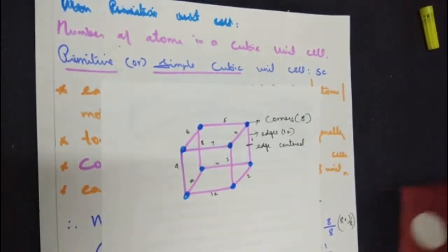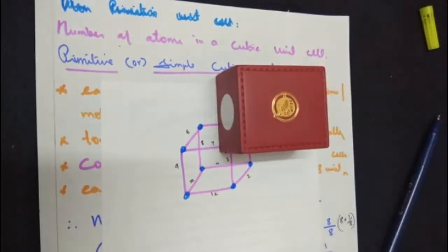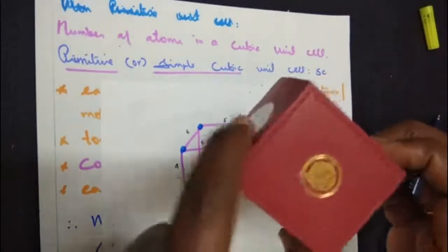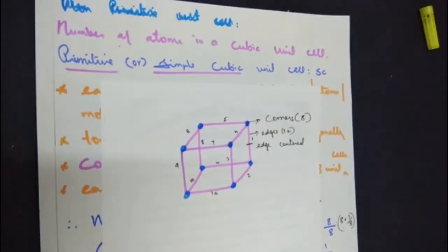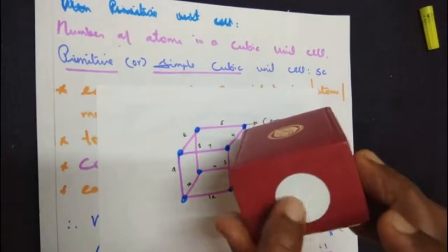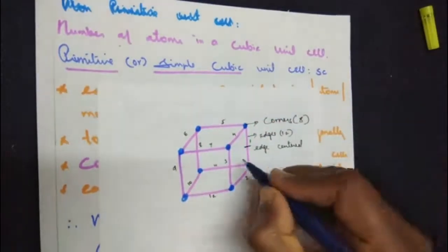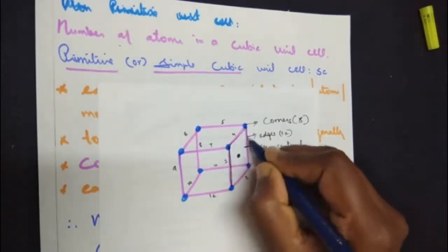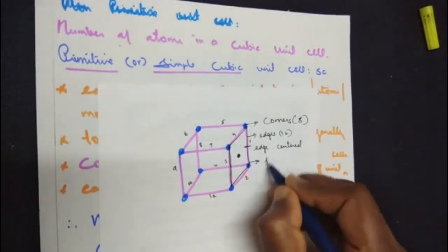Next, we are moving on to the faces. How many faces does a cube have? 6 faces, meaning 6 sides. Now if we count 1, 2, 3, 4, 5 and 6. So 6 sides are there. As I told you, each side will have an atom in the middle of that particular face. So I'm marking an atom here. This is called a face.